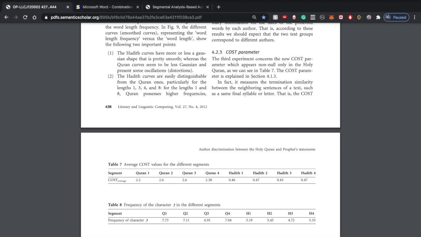So next up, they did the cost parameter test. If you remember what the cost parameter is, we already covered it in the first section. It was the endings that are the same, right? So if "believe" and "retrieve" both end with "ve", these types of things. Friend and, what rhymes with friend? I don't know. Maybe "hand" would have the same ending as "friend". So hand and friend would count as well because of the ending. That's what was meant by cost parameter.